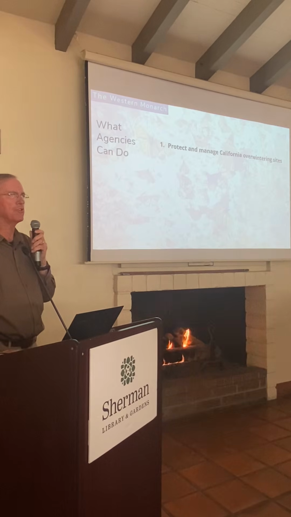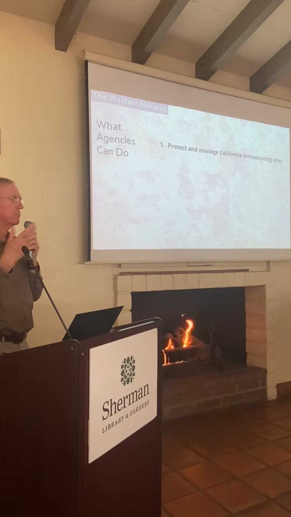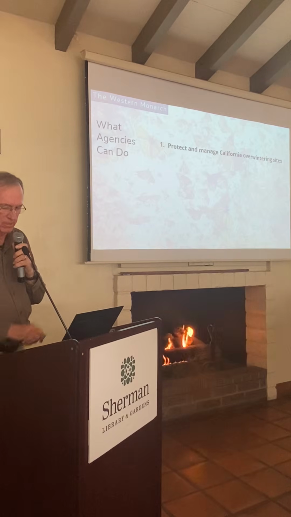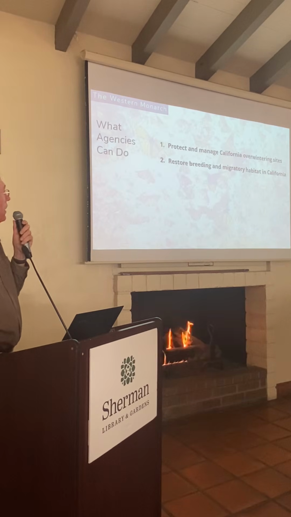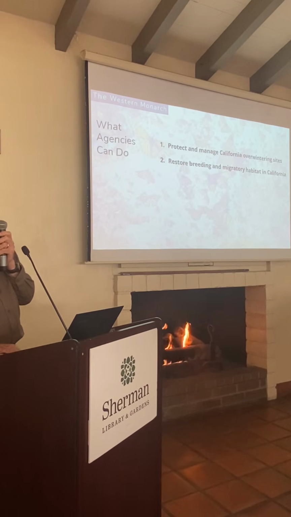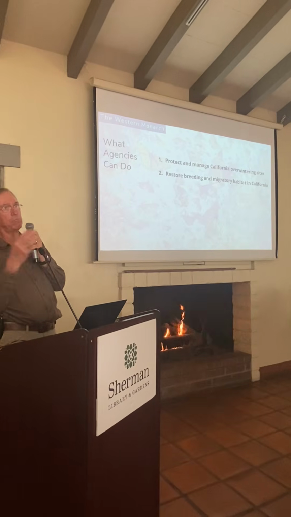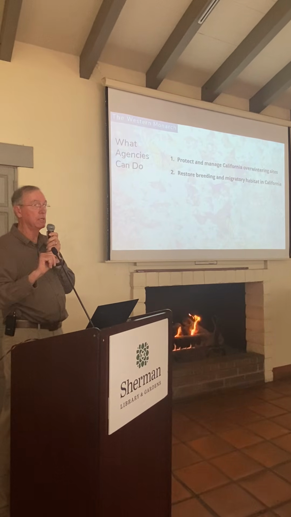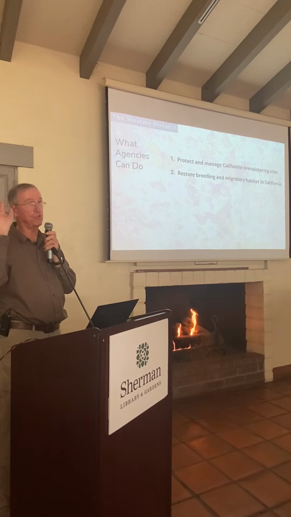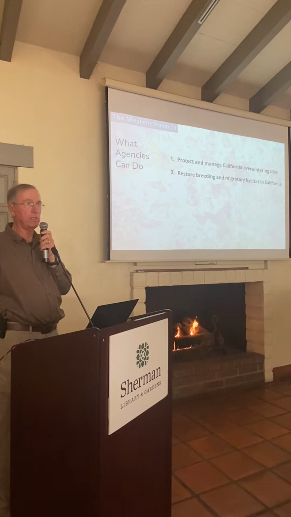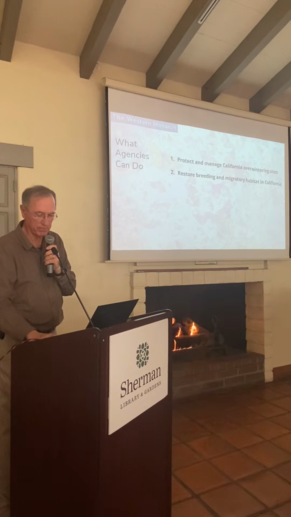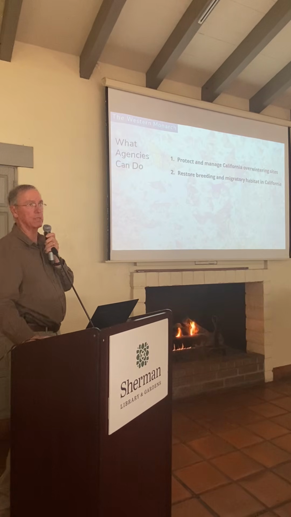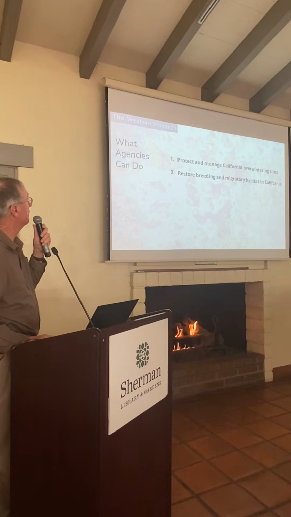I don't have too many agency people. I'm talking about Forest Service, state parks, land managers, but nonetheless, what can my agencies do to protect overwintering sites? We've lost a couple of those 17, they're not there anymore. The biggest colony in Orange County used to be in Aliso Canyon in South Orange County. It's all been developed. We still check it every year. There's a few remnant trees. Didn't find a single monarch. But it used to have probably about 10,000. And it's gone because the habitat was lost.